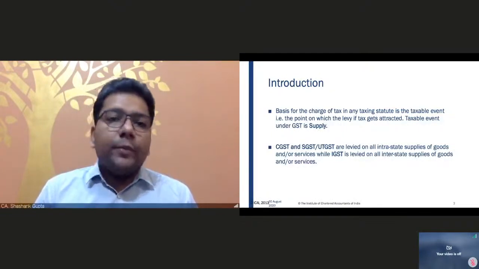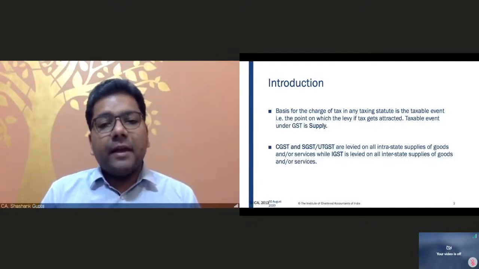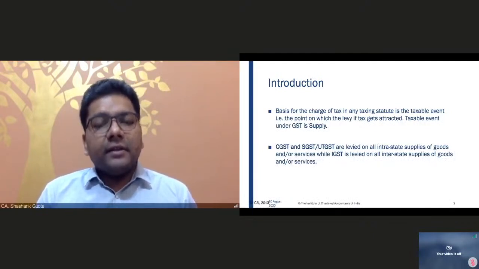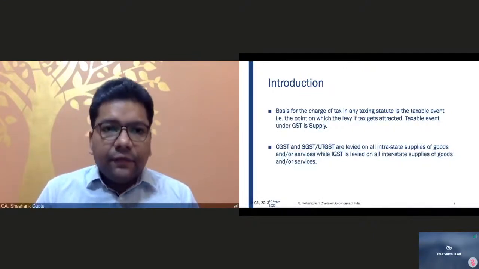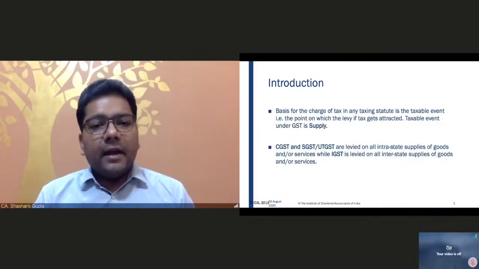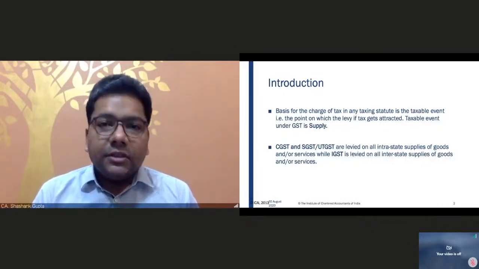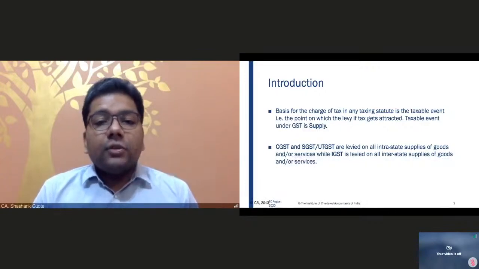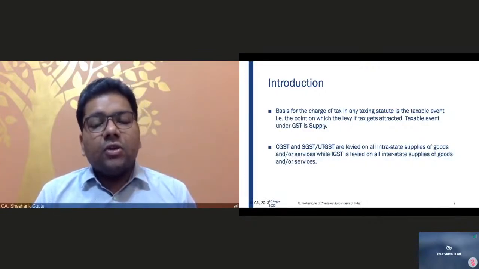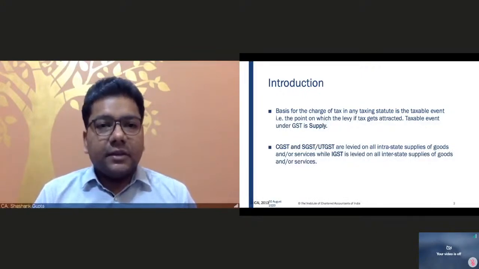Now, once we move beyond that, we have understood what is supply, what is composite supply, what is mixed supply. Now, let us try and understand that if a transaction is getting covered under the term supply, what would be the impact specifically under the GST laws? So, the impact under the GST laws will be, if it is an intrastate supply, intrastate meaning within the state, then